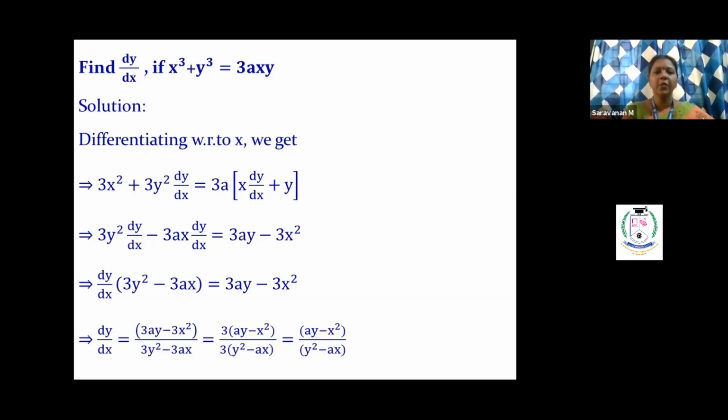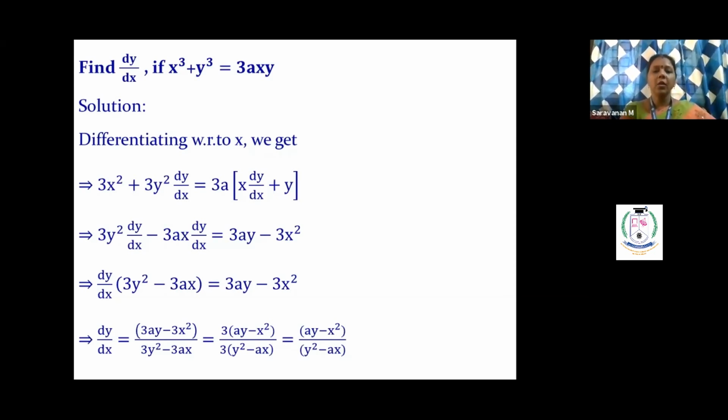So differentiating with respect to x, what will you get? For x cube, which standard function are we applying here? x power n. Differential of x power n is n into x power n minus 1. So we got 3x squared. Differential of x cube is 3x squared. And differential of y cube: we are not supposed to treat y as a constant with respect to x. y is the dependent variable. Here also we apply the x power n formula, so we get 3y squared into dy by dx. We write dy by dx because y depends on x, so we are differentiating y with respect to x.